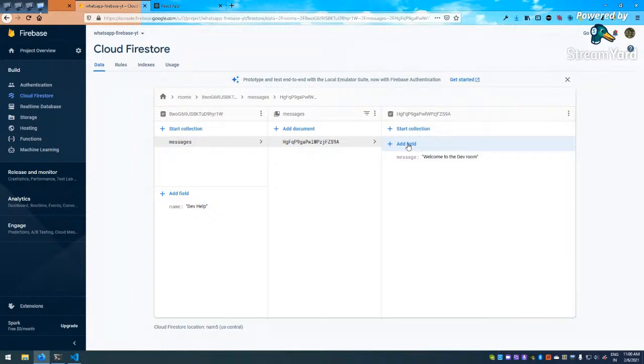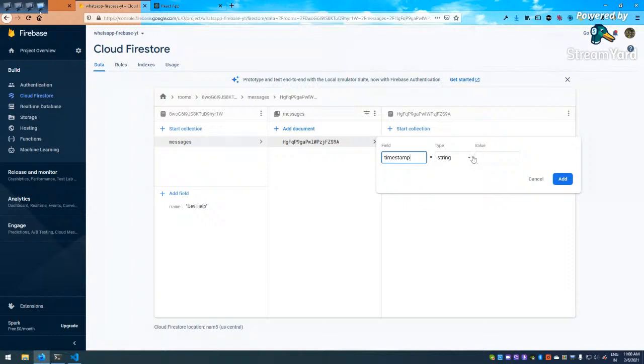Okay, so two more fields, one will be name, so this will be a simple string, and it will be maybe Bindu, add it, name, and another field I have to add here, which is very important, time